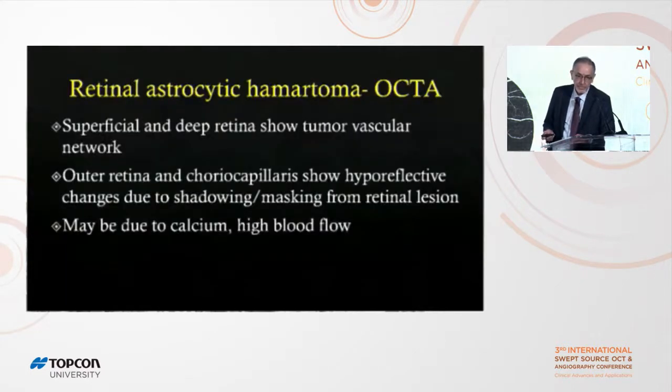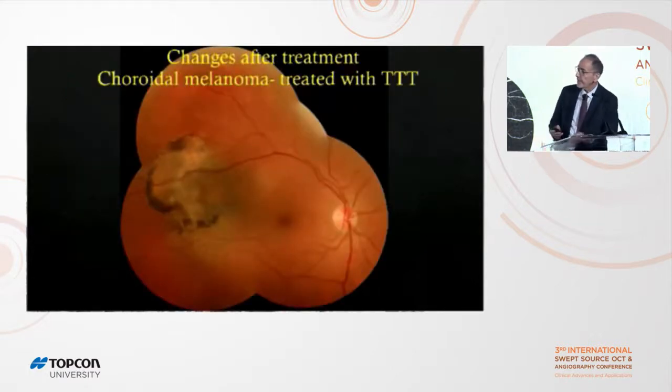So I already talked about this slide. And finally, I would like to show a few examples of changes after treatment. This is a patient with choroidal melanoma treated with transpupillary thermotherapy. This lesion was located outside the fovea, and we chose to treat it with TTT, 3 sessions, spaced 3 months